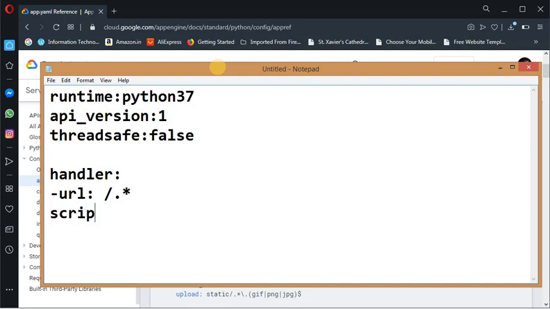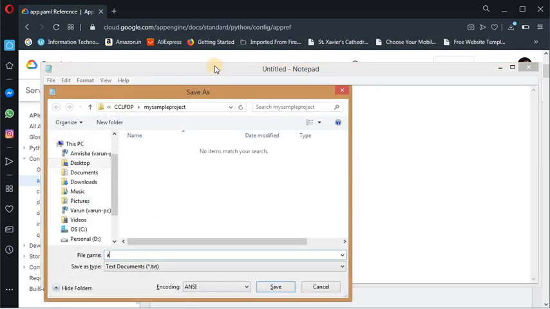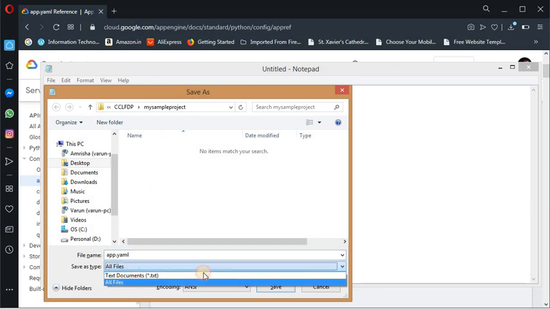And next I need to give the script. The script I have given the name as index.py, so I am using index.py. Now we need to save this file in the same folder with the name app.yaml.